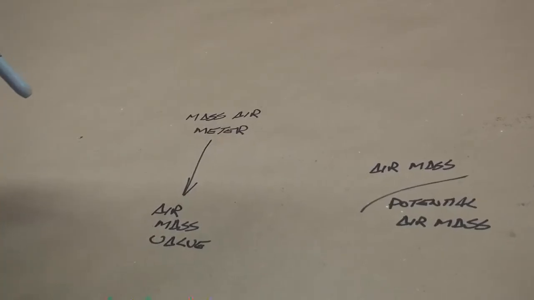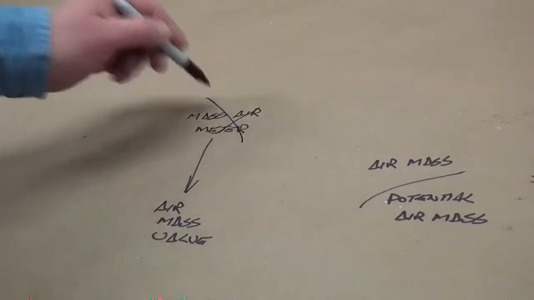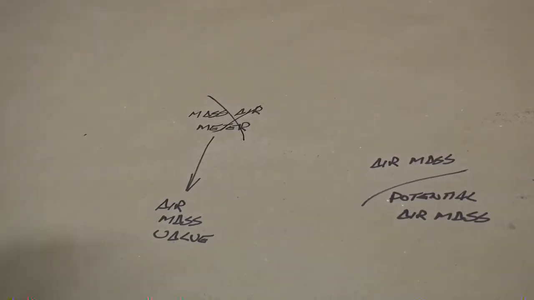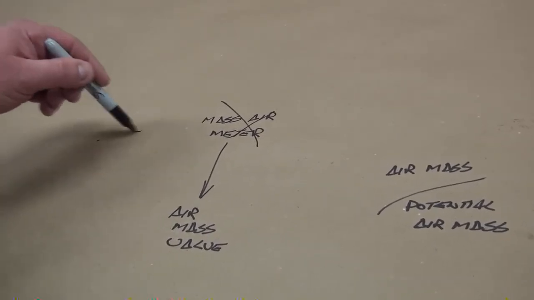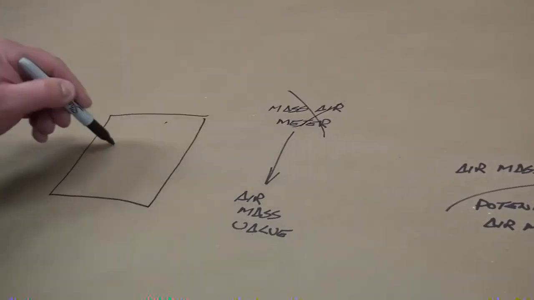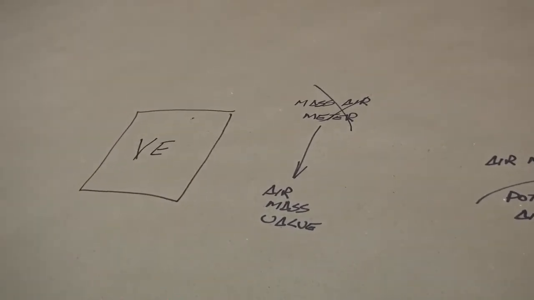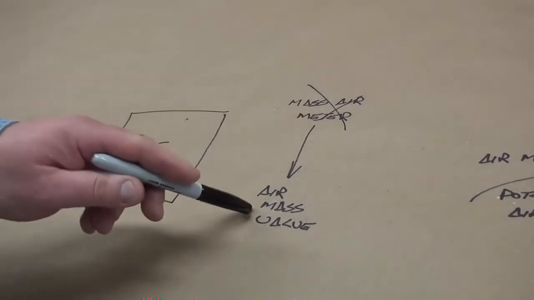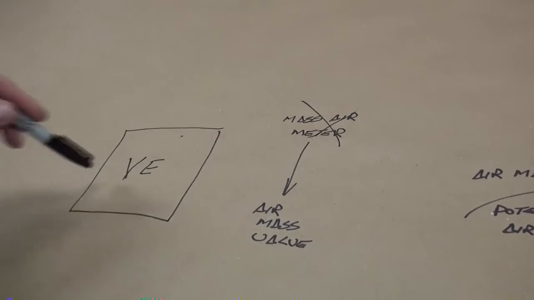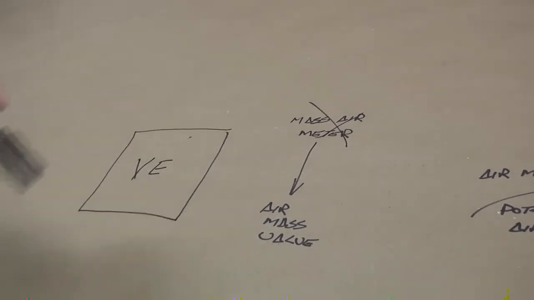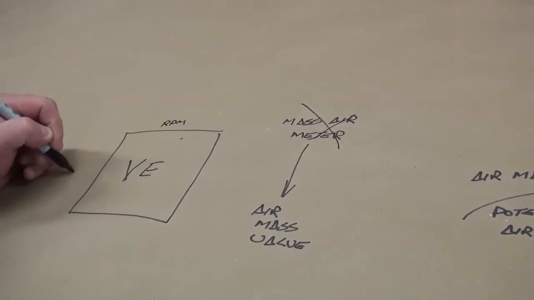Okay, so now let's talk about speed density. With speed density, we do not have a mass air meter. What we're going to do is use a value called volumetric efficiency. We will have a VE table, and we're going to use this VE table to calculate an air mass value. Now, we don't know what our VE is at any given time. We're going to look at RPM, and we're going to look at MAP,